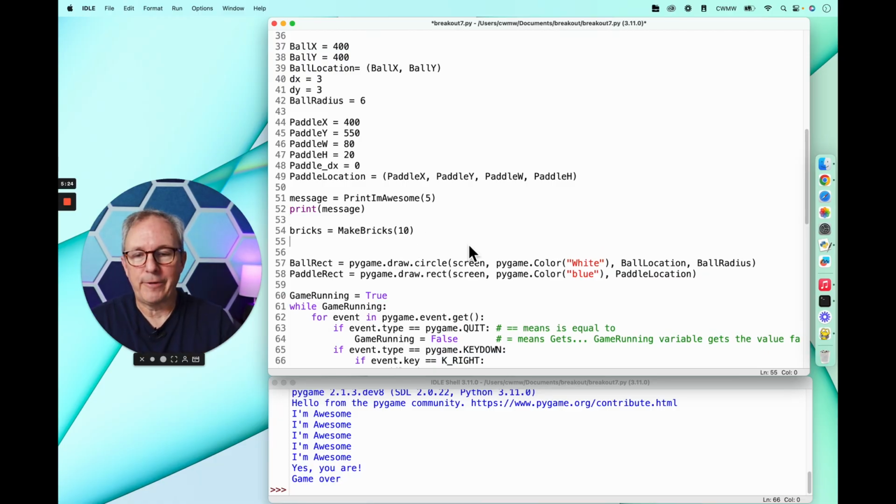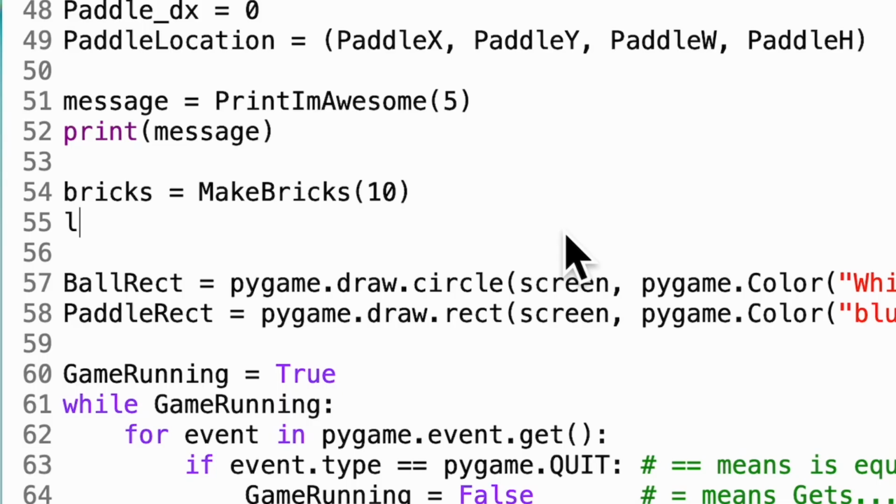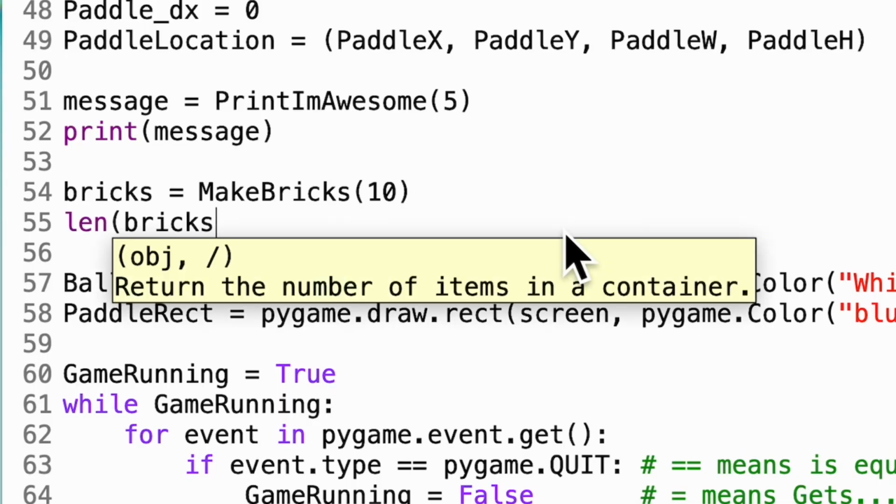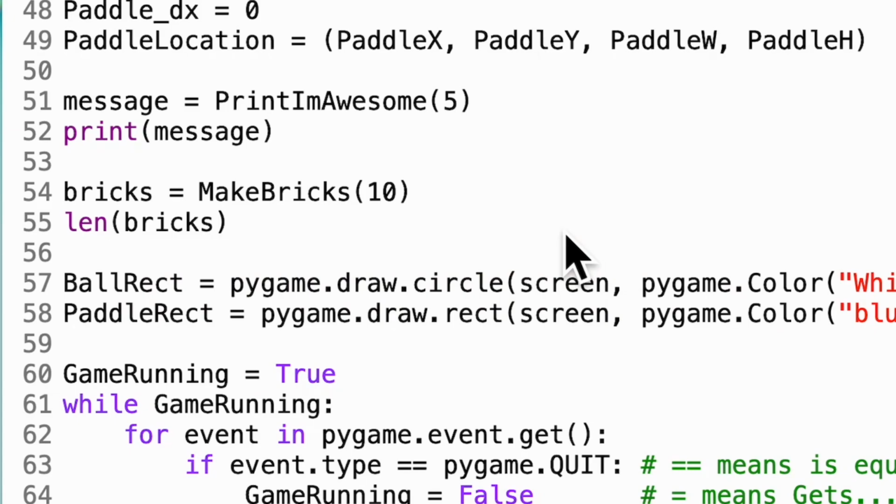If I use a function called len, which stands for length, of bricks, it will tell me exactly how many bricks that I have. So if I come to the beginning of this and just say print length of bricks,